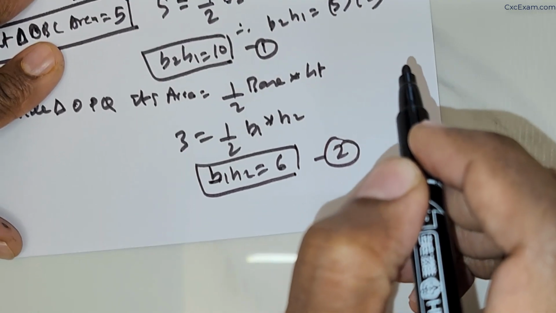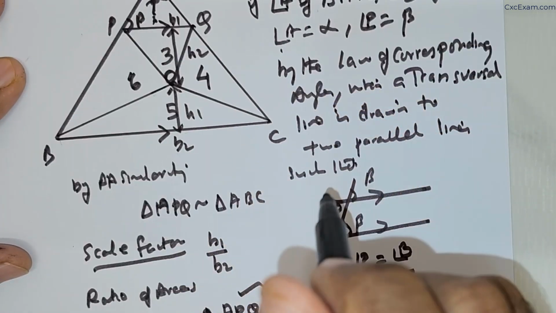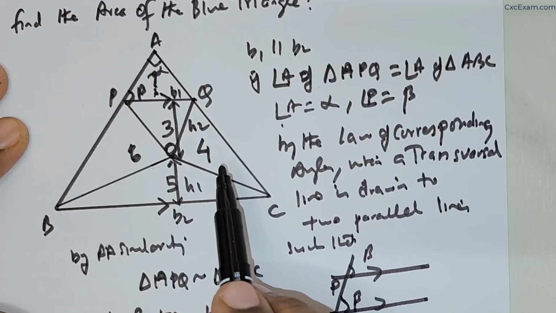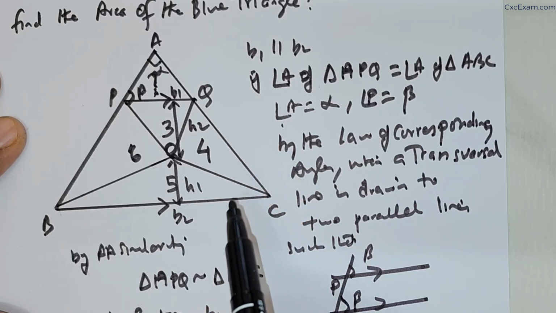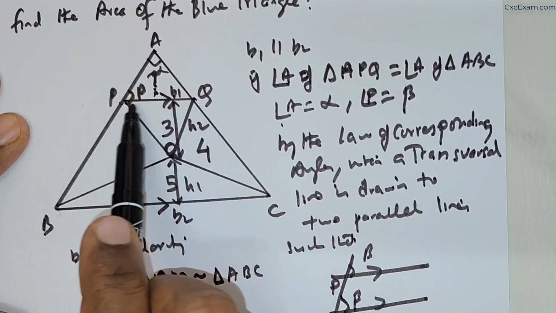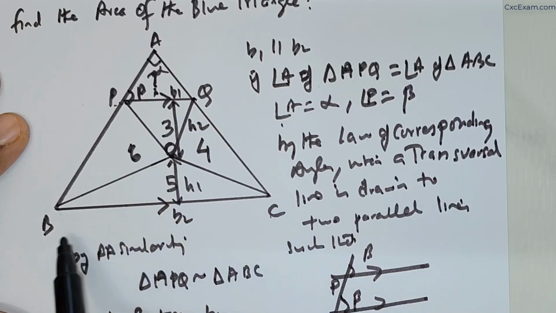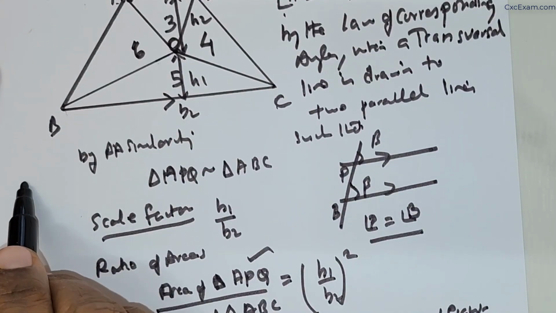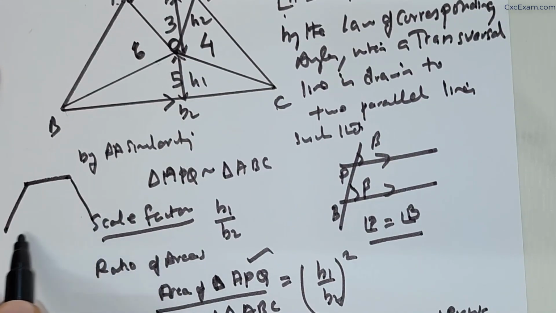So this is going to be number 2. Major things are already being used, or I would say applied, and we have already got h1 and h2. Now you just see this region PQCB. What do you see here? If I were to draw this,